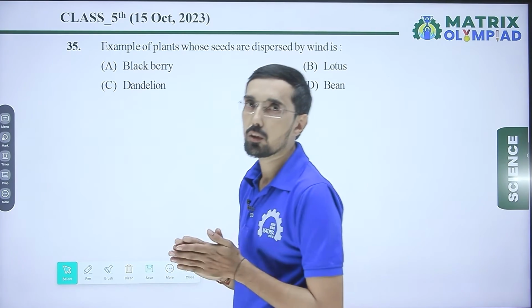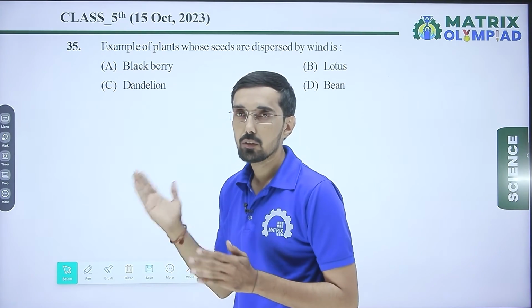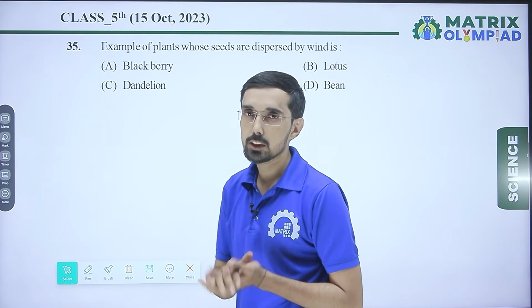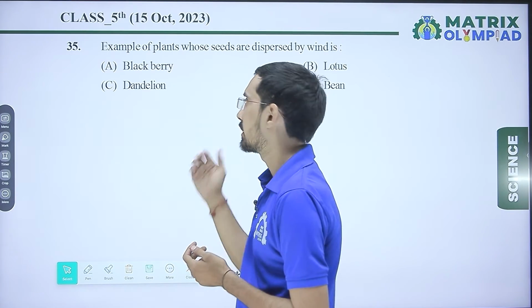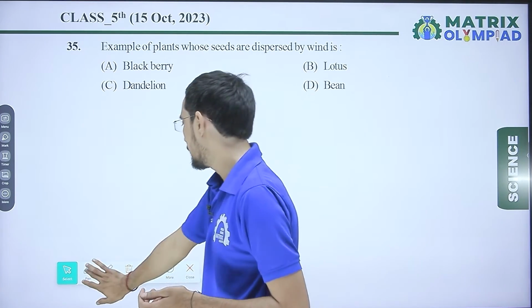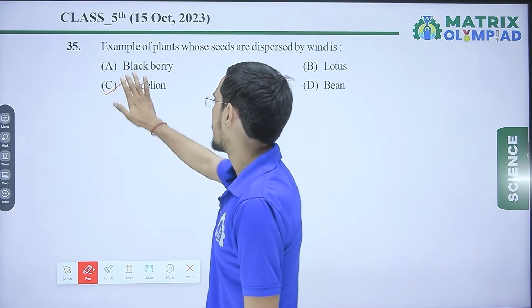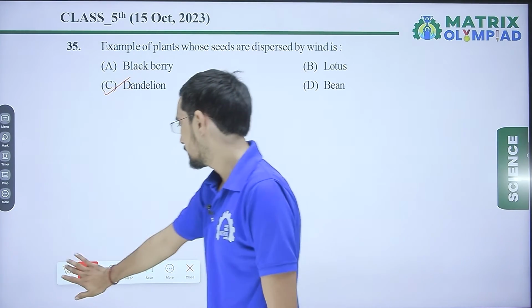It is a kind of a pollination in which the pollen grains are dispersed with the help of wind. Our correct option will be option C, dandelion. Clear? Our next question is,